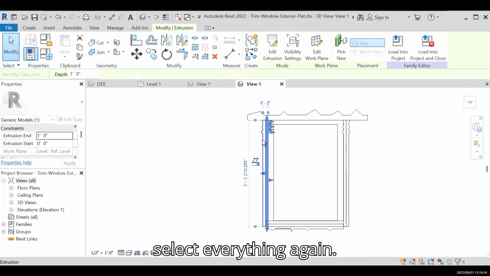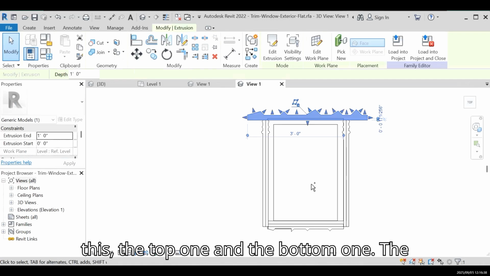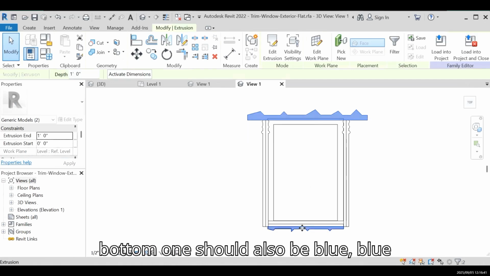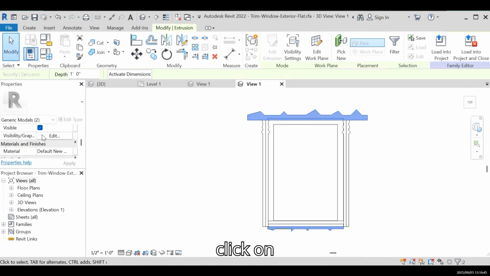Select everything again. I just want the top one to be blue. Obviously the top one and the bottom one should also be blue color. So what I'm gonna do here, I'll click